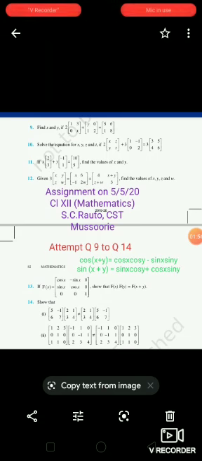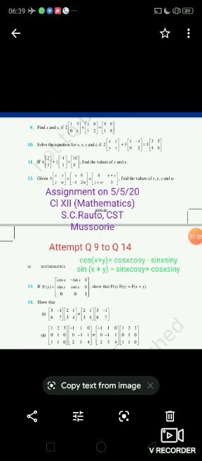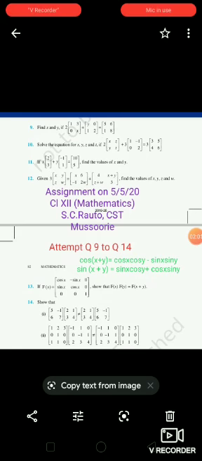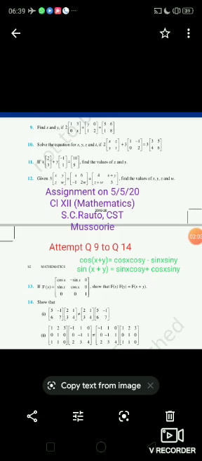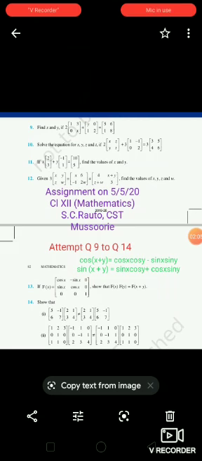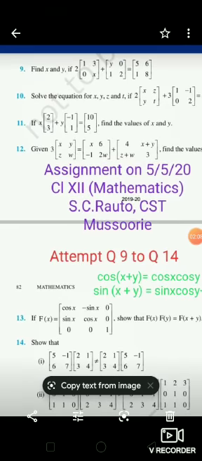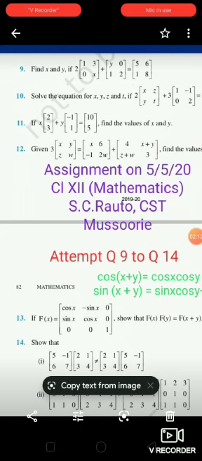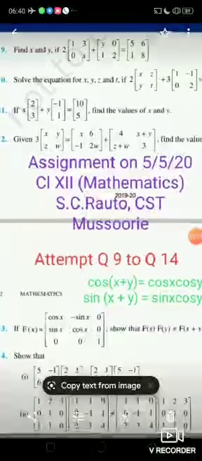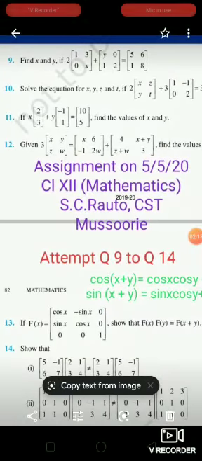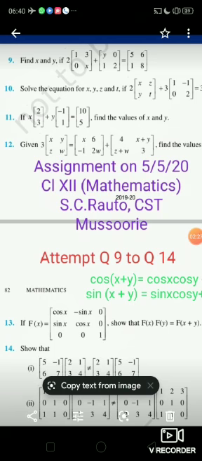And today, as per our assignment, we are on NCERT exercise 3.2. So today's assignment will be from question number 9 to question number 14. On the screen you can see question number 9 is a very simple question to find x and y. They are elements. You can find out. So 2 can be multiplied with the matrix and then added, and then you will get two equations, and x and y can be solved.